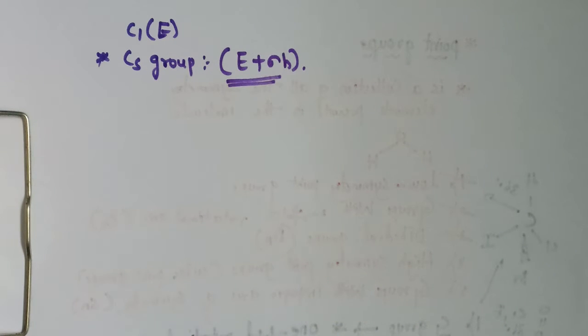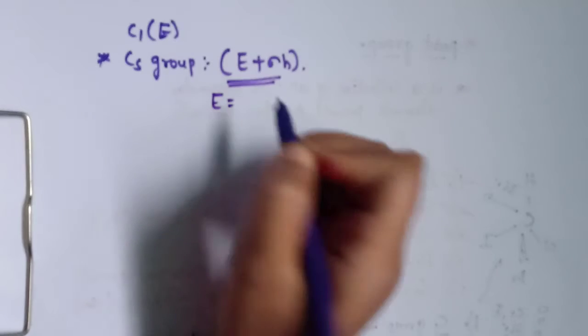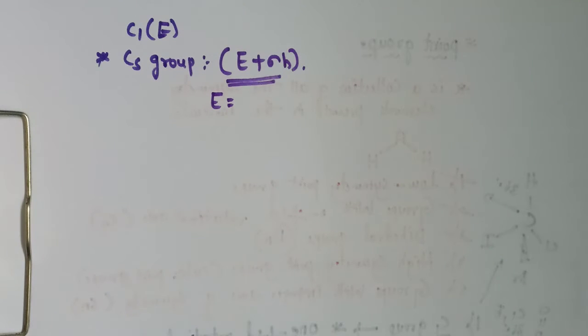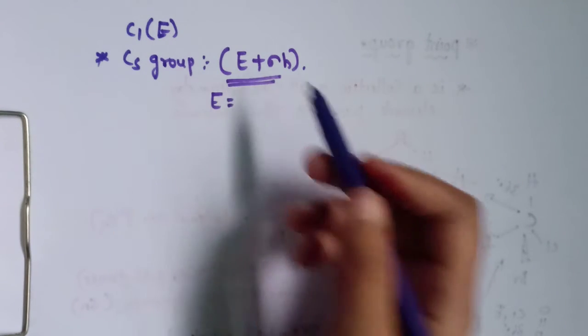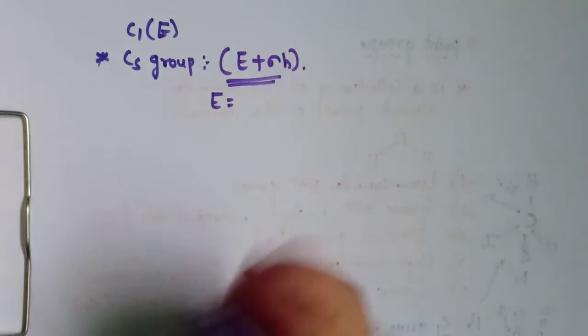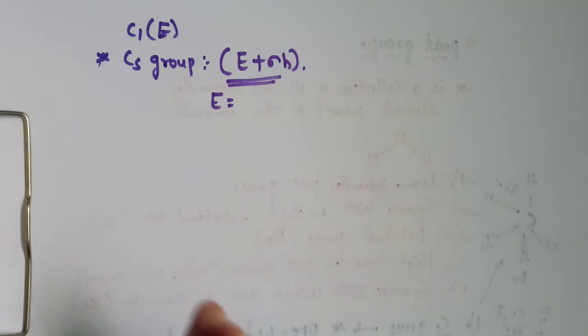So, what is identity? We already know that it is a rotation of the molecule by 360 degrees. To understand these point groups very well, you should have an idea about all the symmetry elements. I have explained all the symmetry elements very clearly in my video. Please check out the group theory playlist and you can find them. So here, the Cs group consists of the symmetry elements E and sigma h. Now E means rotation of the molecule by 360 degrees. Here sigma h means the horizontal plane of symmetry. Now let's take some examples for this.